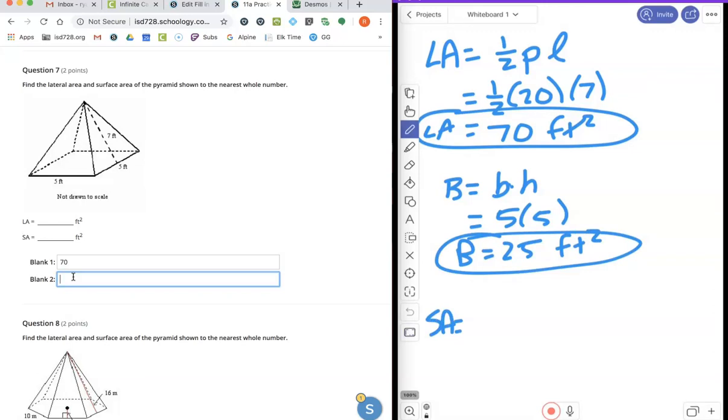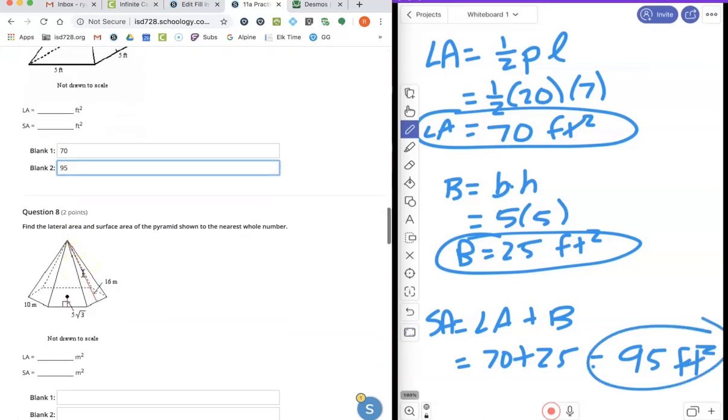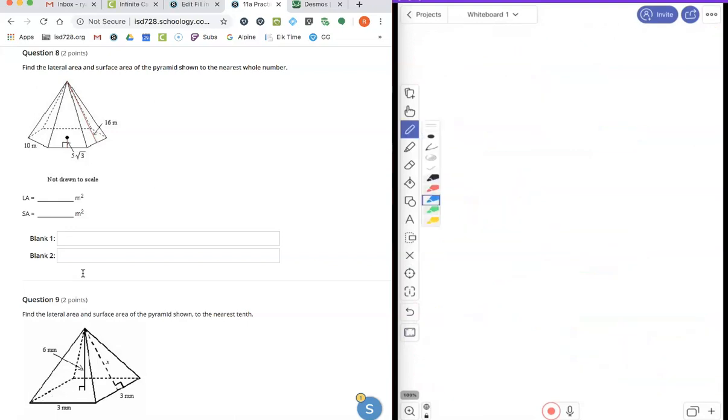So the surface area is LA plus 1B, which is 70 plus 25, which is 95 square feet. So this one is 95. All right. This pyramid just has a different capital B formula. So if we look at that one, we still have the same formula for lateral area,